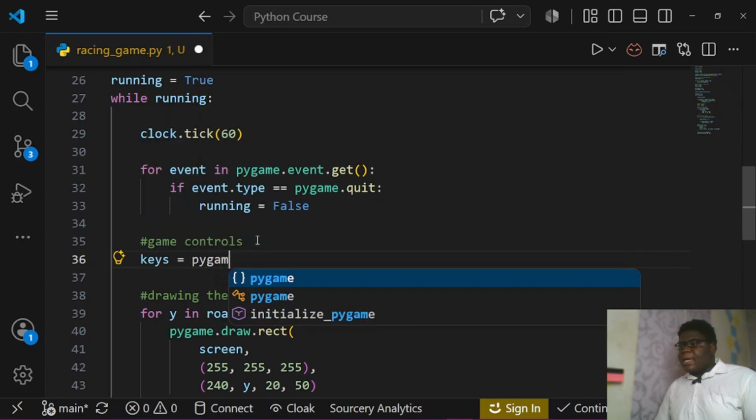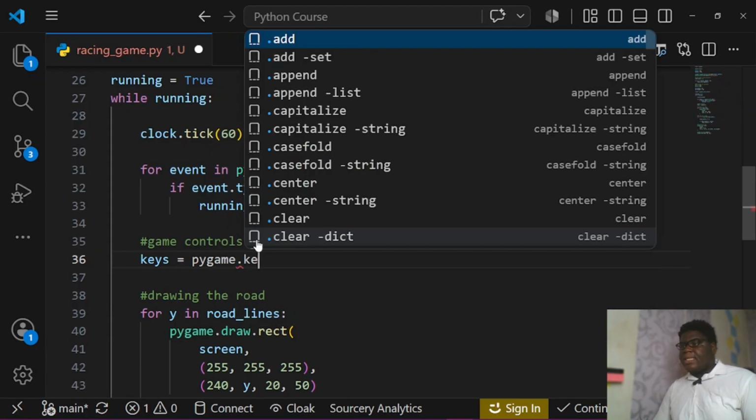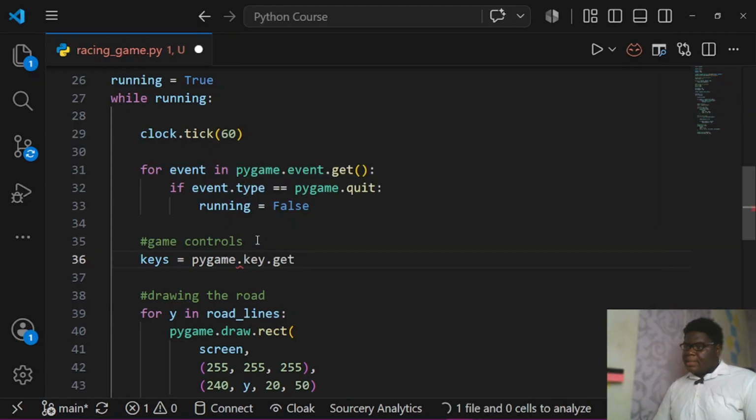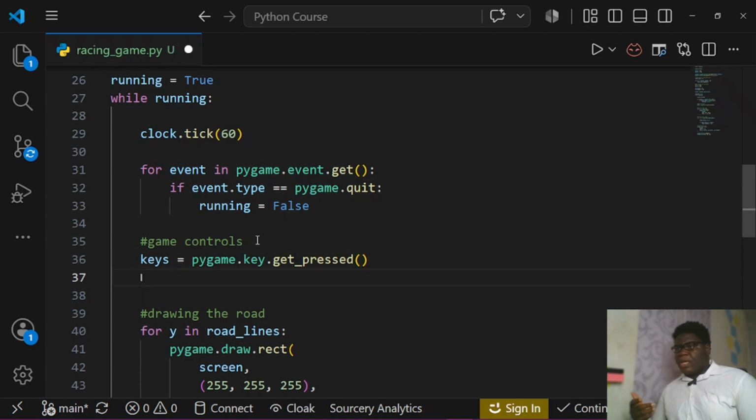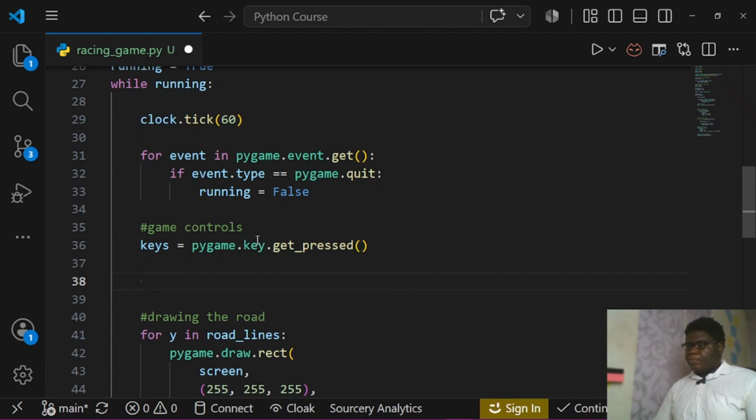We say keys equals pygame dot key dot get... I'm forgetting this. I think it's get pressed. Good. Get pressed, and then you add brackets like this. So this is some initialization that we are doing. Then what we want to do is say if, then we say our keys, we make